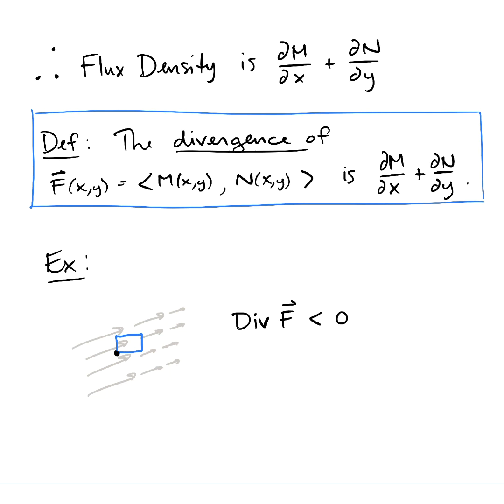All right. So divergence is somehow measuring compression. If it's negative, you're compressing. If it's positive,